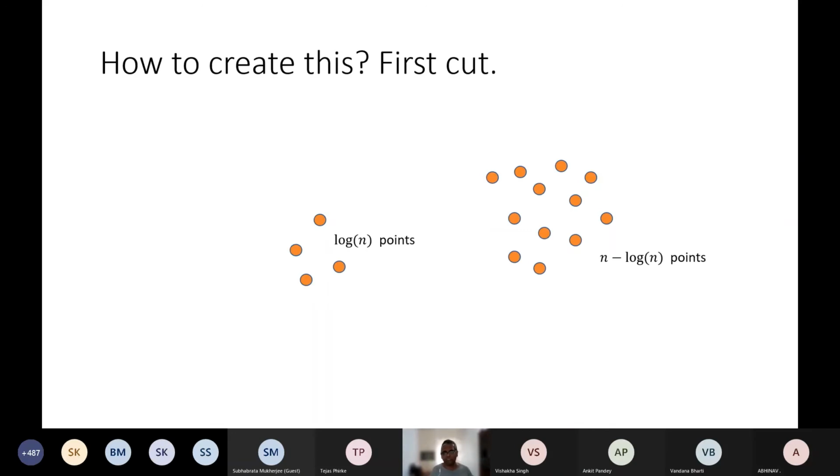So suppose we have this. This is my example that I have. So I have log n points in here, and n minus log n points in here, and suppose n is very large. So think of n as like 10 to the power 10, and so log n is like 10, something like 20, depending on what base you take. So now in here, can I use uniform sampling to create a good representation of the data? The answer is no, because